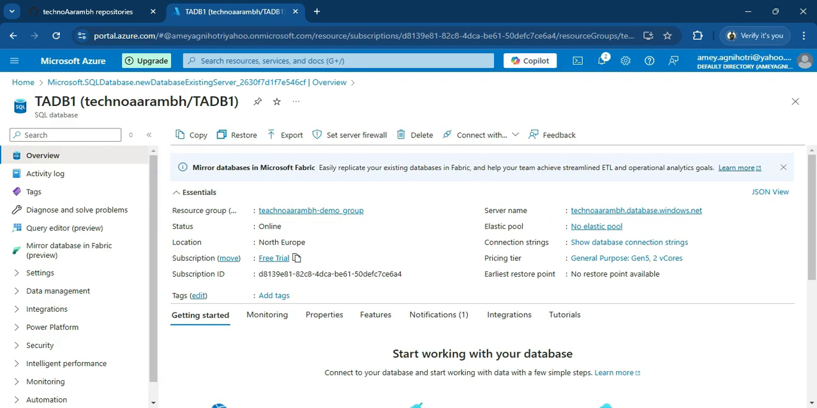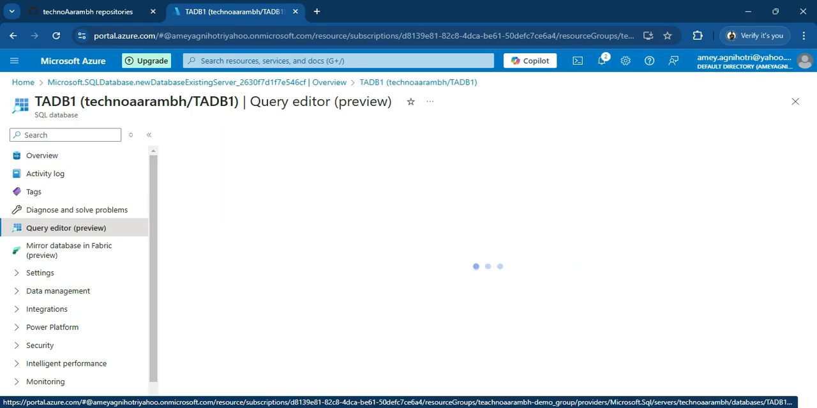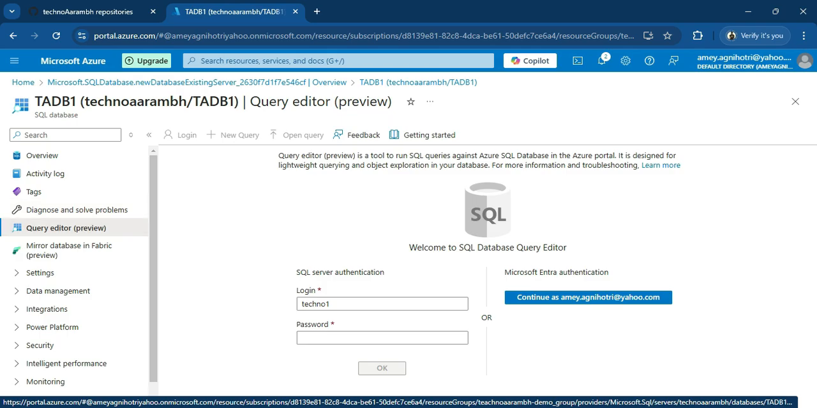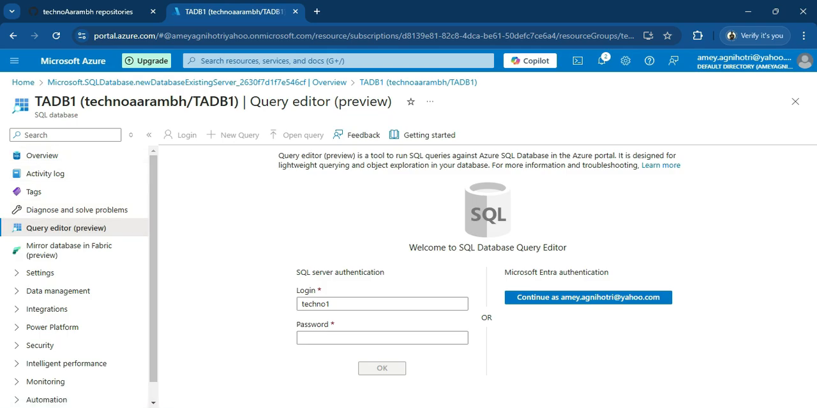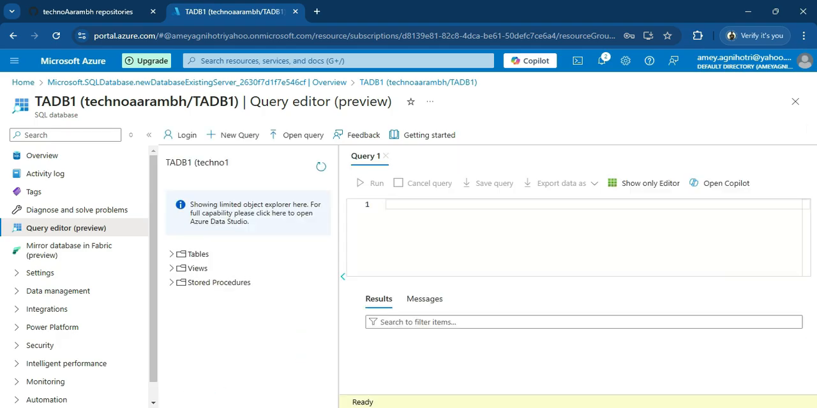Now we have to check or create a table. I have already created a table. So let's go to the query editor mode in my previous database creation. To check the queries and the tables in the database, you need to click on this query editor. Then it will open this window, and then it will show the login. So let's enter the password and click on enter. And now we are in